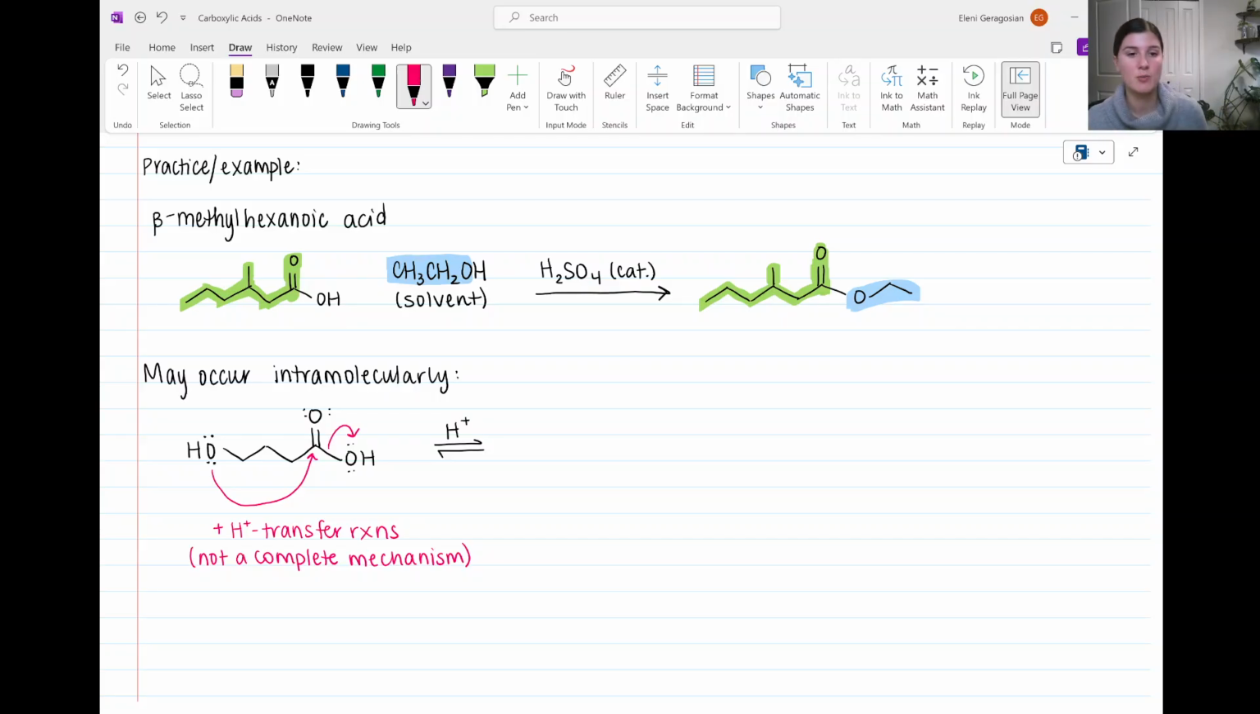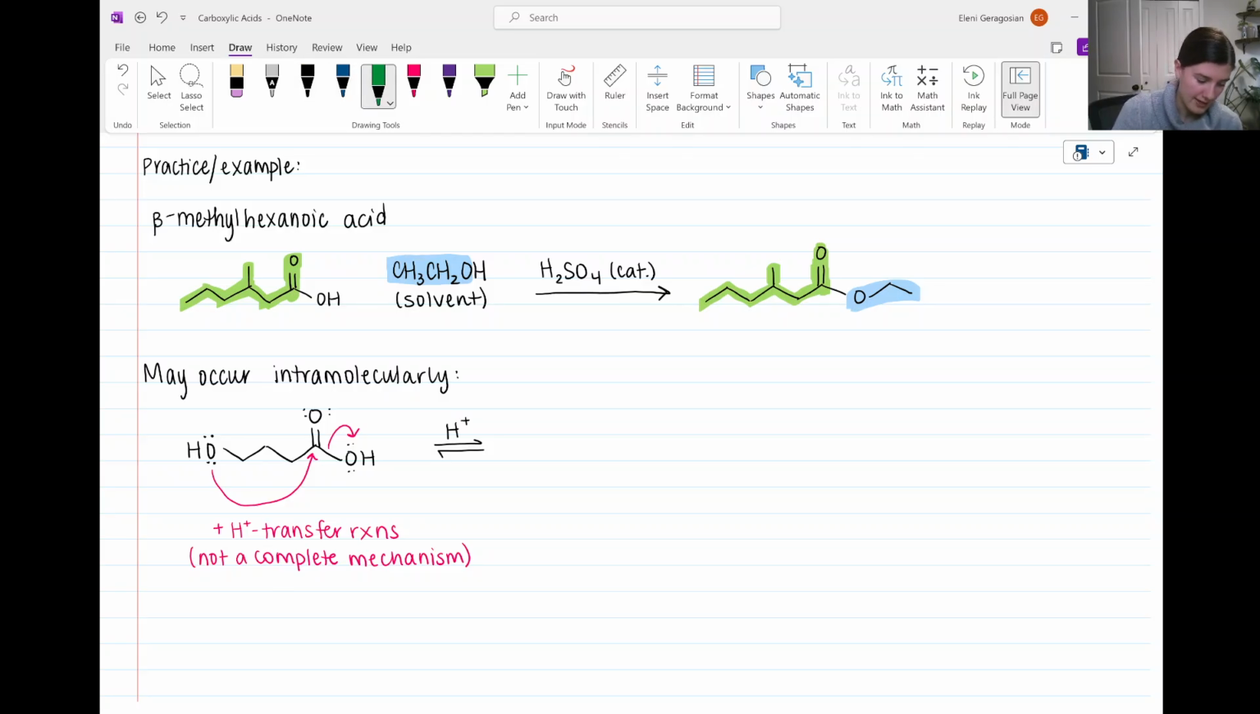This mechanism would follow the same steps as the previous video. The only difference would be that instead of adding a new alcohol molecule, you are adding the alcohol from the left side of that chain to the carbonyl carbon. So this is not a complete mechanism, just to generally show you what occurs. This would produce,